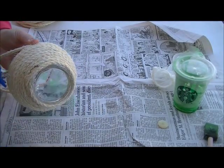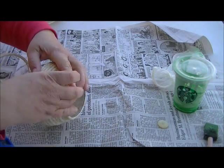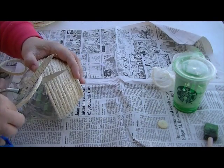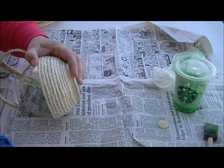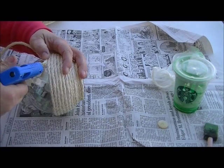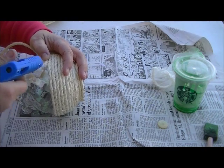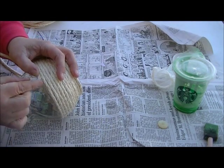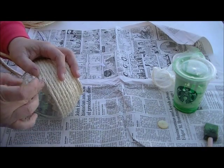Just to make sure it stays in place really well, and I think I'm there. Alright, so I'm going to give this a little snip. A little extra glue on the end and in there where it could fray. Okay, now I'm using my fingers to push this all in there, and it's going to look pretty messy, but